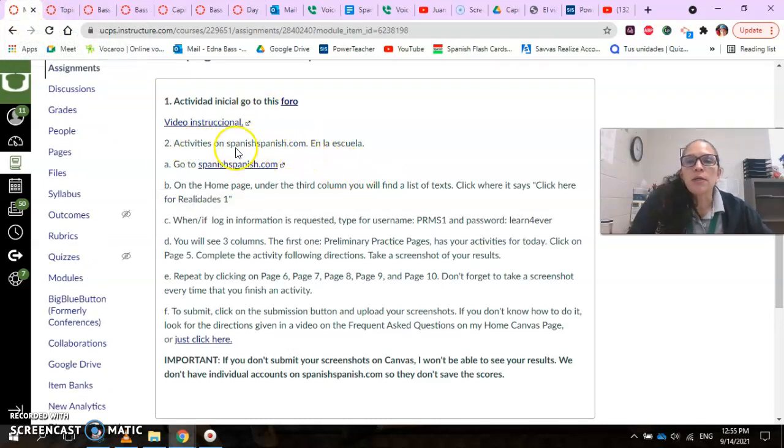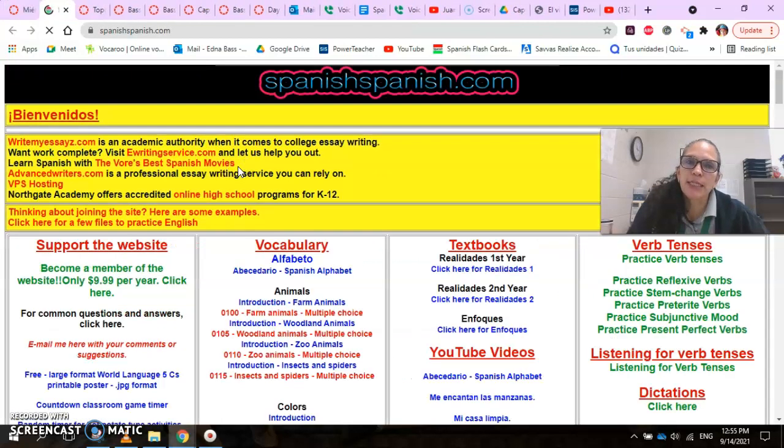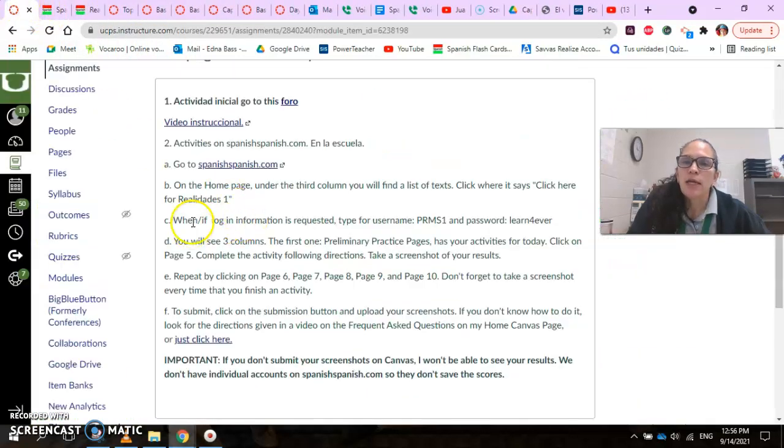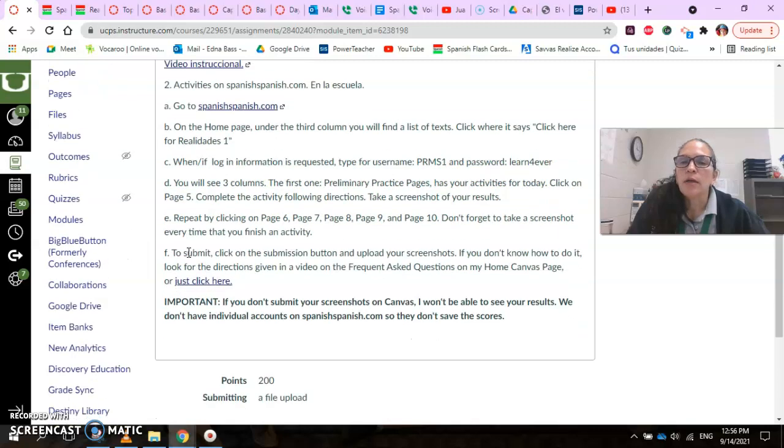We're gonna work on activities on Spanish.com again. And for that purpose, you're going to Spanish.com, to the book, and it says on the home page, so it gives you step by step. Oh, let's submit this because you're gonna read it. Put the password, the username, and it says you're gonna do pages 6, 7, 8, 9, and 10